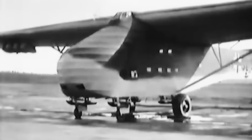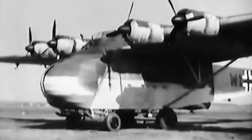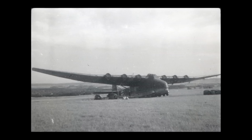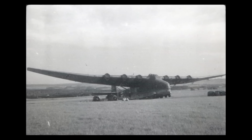Messerschmitt engineers faced the daunting task of transforming a massive unpowered glider into a functional self-propelled aircraft, capable of carrying heavy loads over long distances. The most obvious and crucial change was the addition of engines. The Me-323 was designed to be powered by 6 engines, a decision that would give the aircraft its distinctive appearance